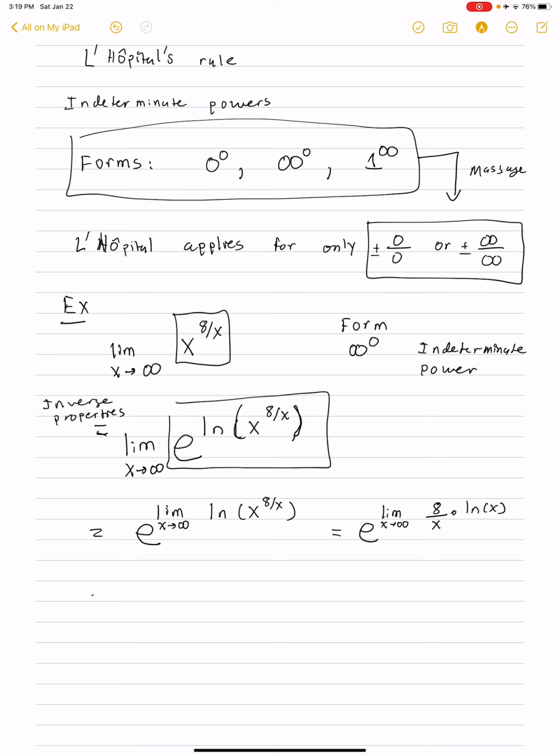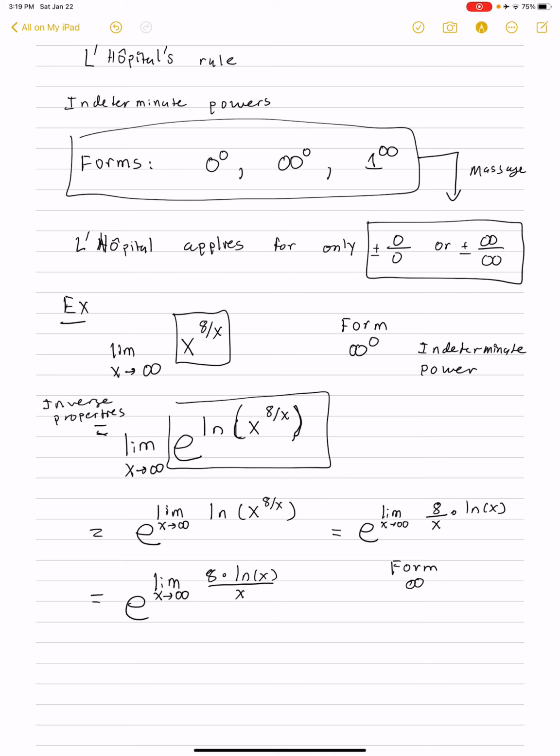And let's just rewrite this one more time. This will be e to the limit as x goes to infinity of 8 times ln of x over x. The form of the thing that involves the limit, 8 times ln of x over x as x goes to infinity,